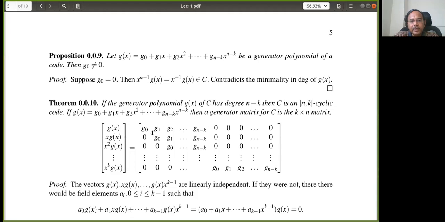Then what do I do? Can somebody help me, how does the second row come from the first row? It's a right shift. The third row, you understand? Shift the second row again to the right, right? How many times do you do that? N minus k times? No, be careful. K times you do that, right?